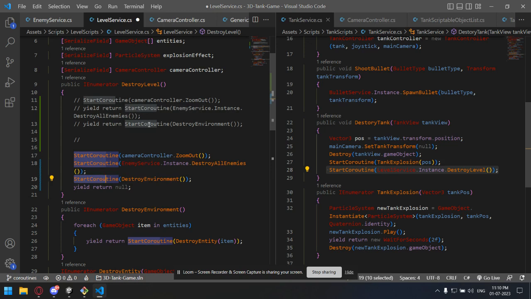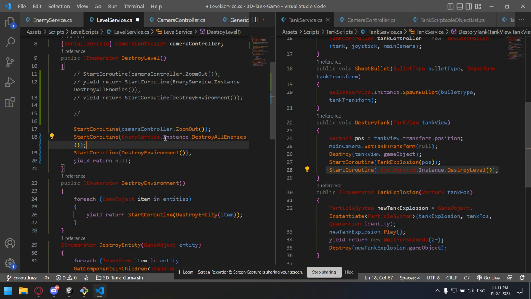But I went for yield return start coroutine and yield return start coroutine because the main difference is that when this is executed, all these coroutines are started at the exact same time, right? They are in the same order, and there is no yield return between them, so they don't have to wait for anything. All these coroutines get started at the same time, and for instance, both my environment and my enemies will start destroying at the same time. So one tank and one building and another tank and another building, well, that could be good, but